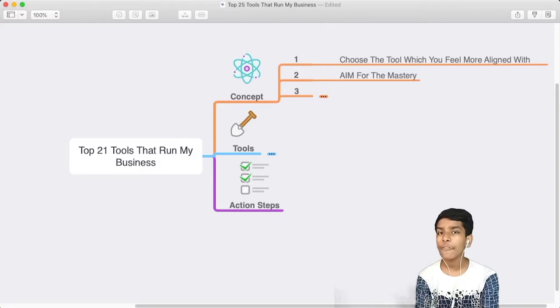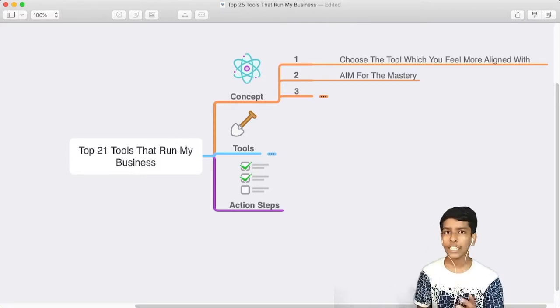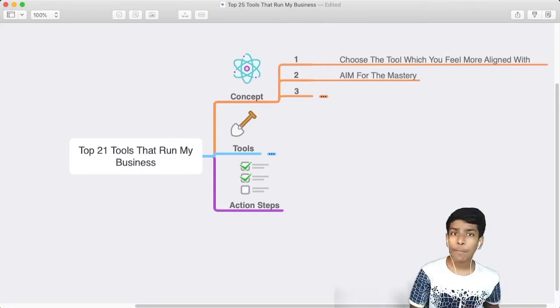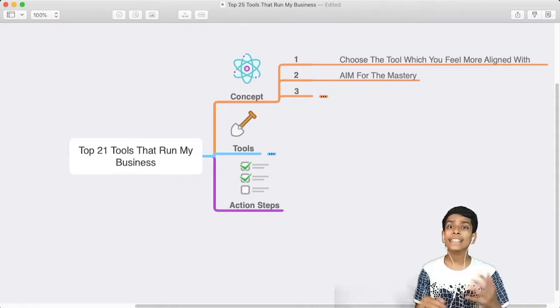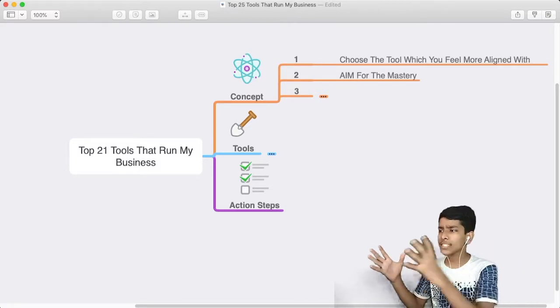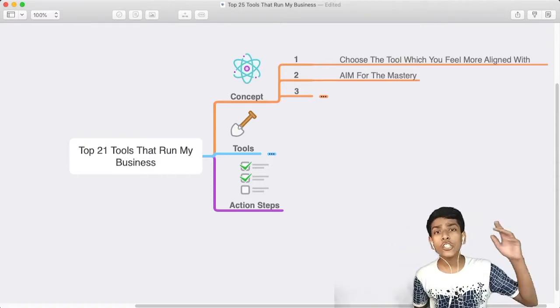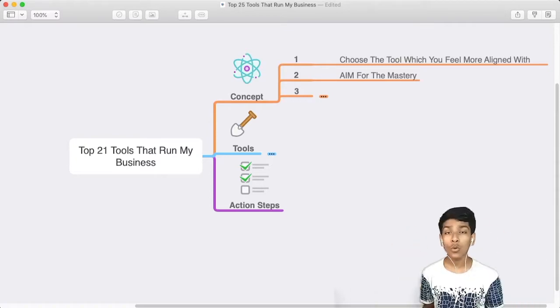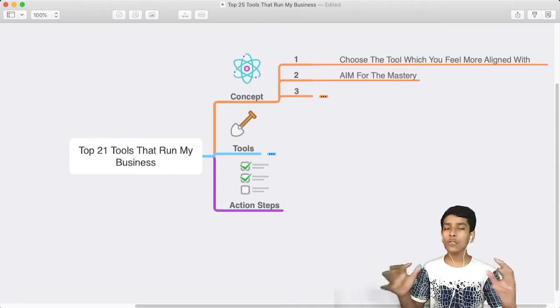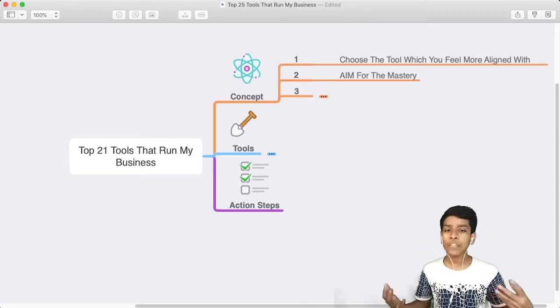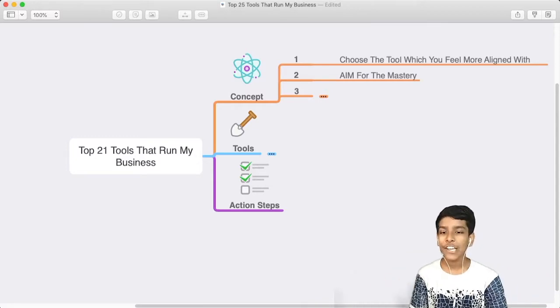For example, if you are using ConvertKit, you should know how to create landing pages, how to add buttons, how to add links, how to automate, how to add pixels on the page, everything. You should know everything about the tool and master it. If you aim for mastery, you will feel more satisfied with the tool.